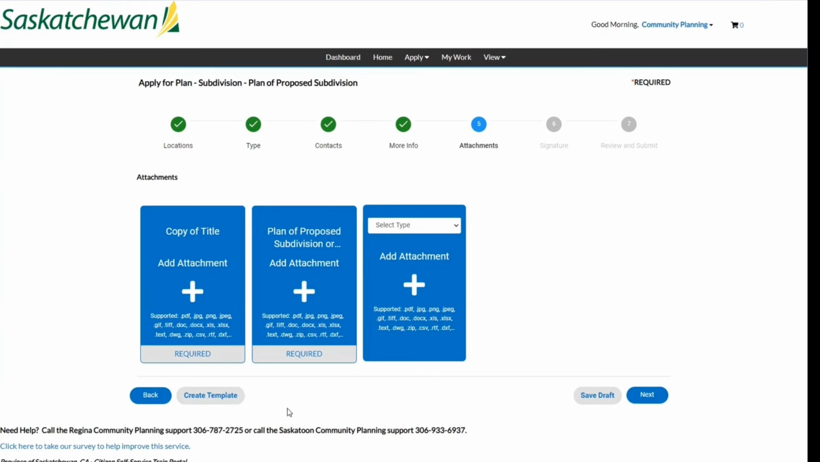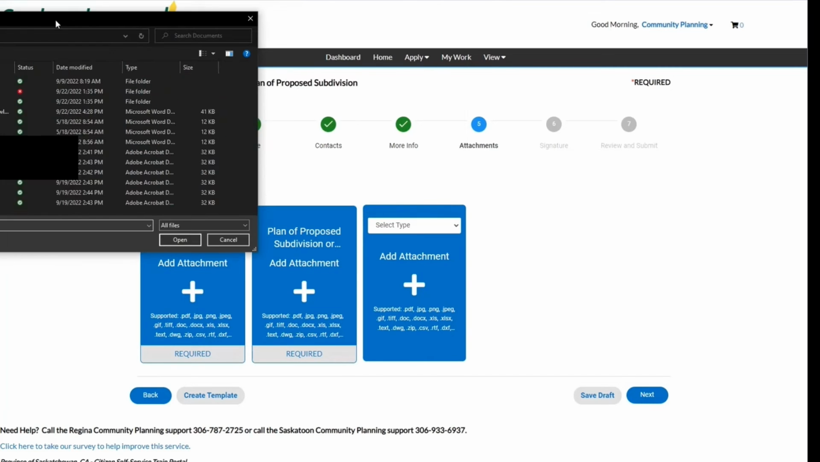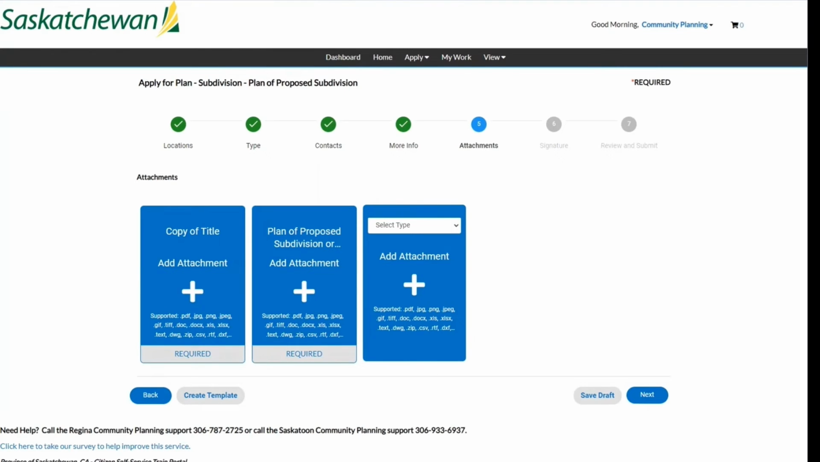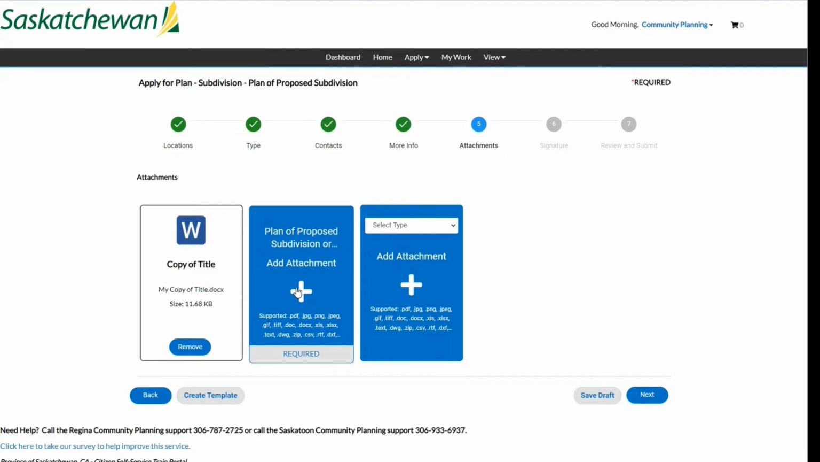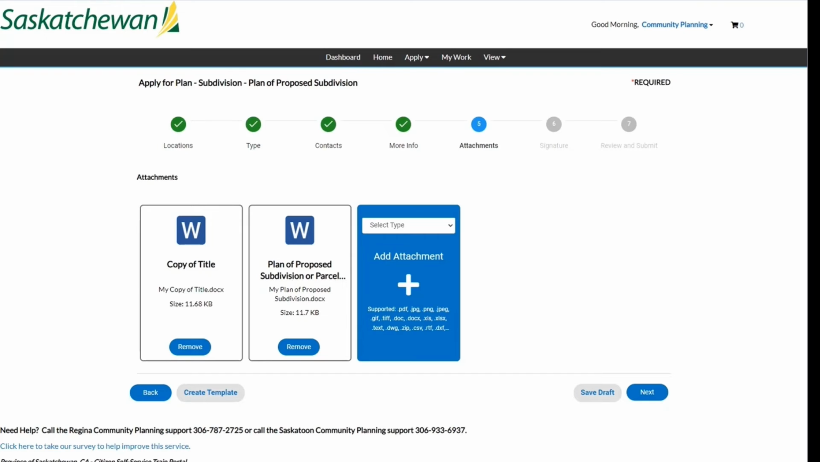This next page requires you to attach all of the documents related to your subdivision. To attach a document, click on the large blue box with the corresponding title. You can also drag and drop the files into the boxes. The required documents for this type of subdivision are a copy of every title involved, as well as a plan